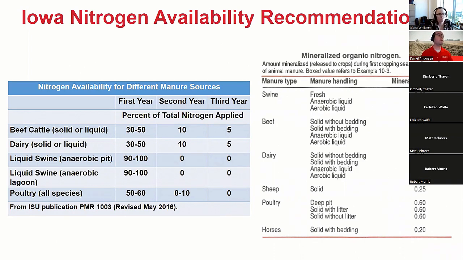Where I think it gets more interesting is when I look at some of those other species' manure, whether it be cattle or poultry. If we look at that first year availability, we're roughly accounting for half of the nitrogen. And even if we add up second and third year availability, we might only be looking at something like 60, 70% of all the nitrogen that's there. That last 30% we're not accounting for. It's a slow release nitrogen where it takes a lot of time.